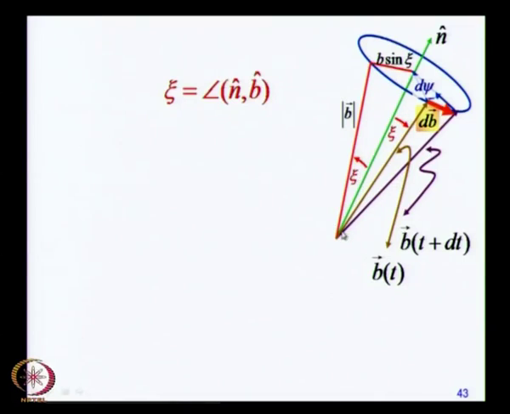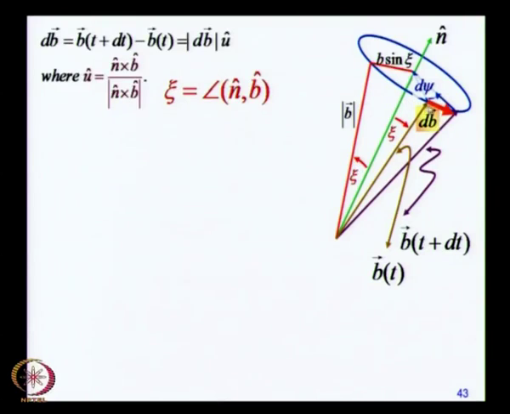Now, from this geometry you can easily see that this distance is b, the magnitude of the vector b, and therefore the radius of this circle, which is the face of this cone, is b sin xi. So, that part of the geometry is simple enough. This angle which is swept is d psi, which means that the exact vector dB, this red displacement vector, is the difference between the vector b at a later time t plus dt, from which you subtract the vector b at the time t,